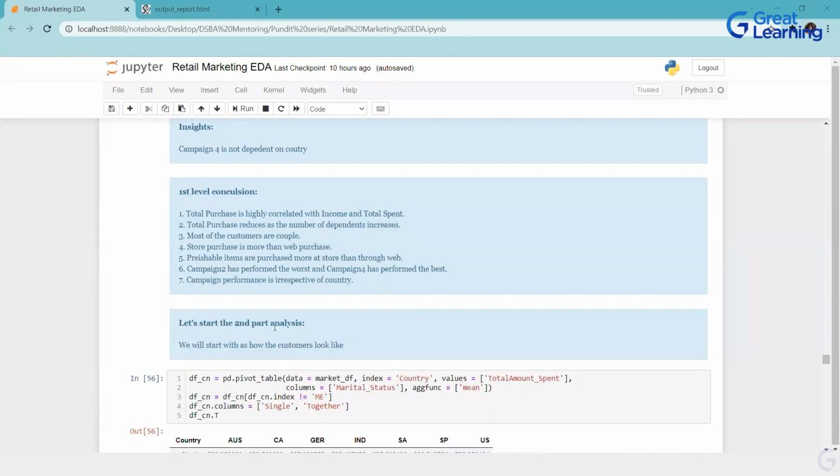We will start to see how the customer looks like. Means for this data, for this retail chain, what are their customers basically? Let's do that analysis. Now, why is that analysis required? Can anybody tell me why you need to know who your customer is? To increase the sales, okay. To design the campaign, for focus strategy, better targeting, to plan my campaign, to understand the customer, correct.